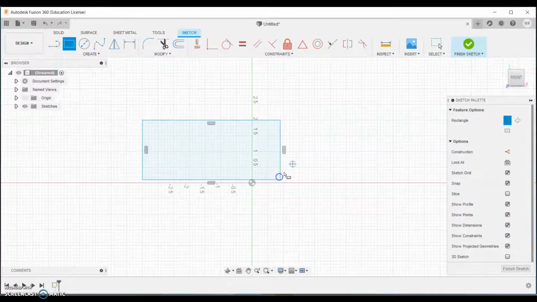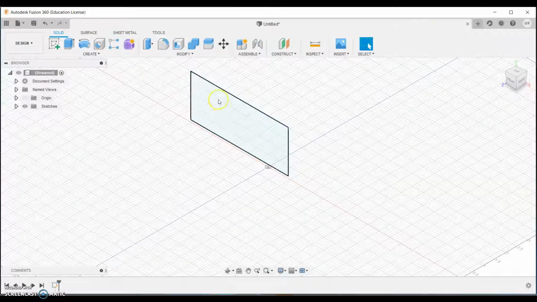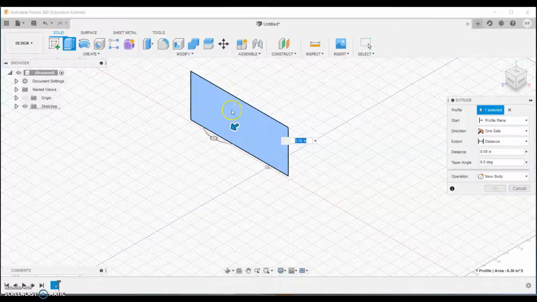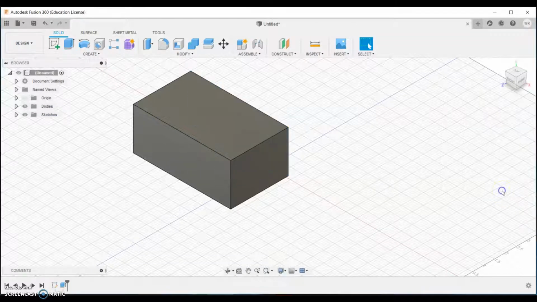So I'm just going to create a box here. I'm going to finish the sketch and then I'm going to extrude it. So the extrude tool allows us to basically create the object itself, and then from there we can go and modify. Now, extrude tools have a lot of things that you can do,